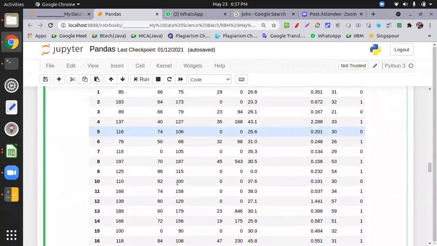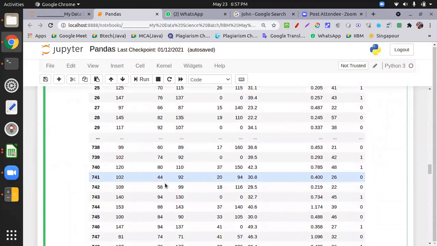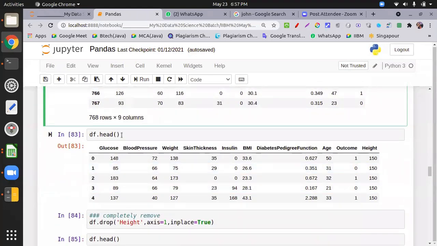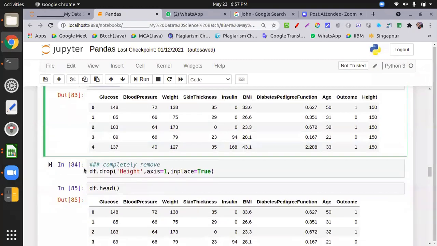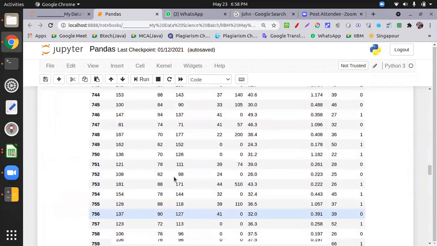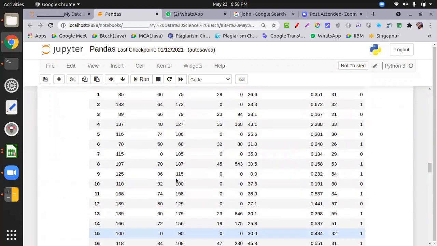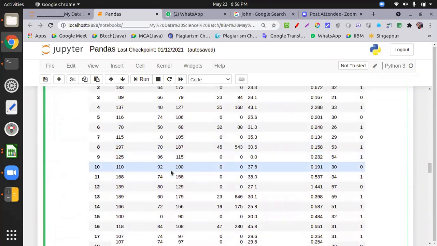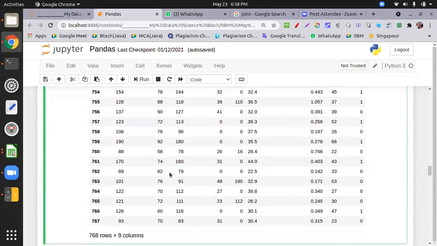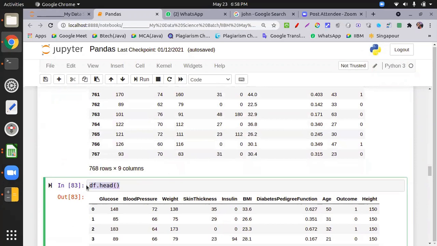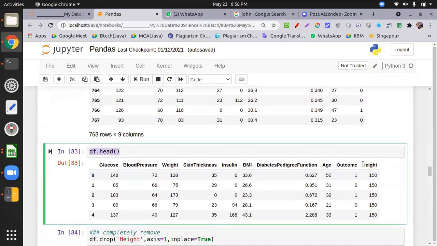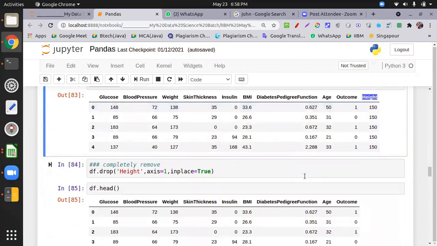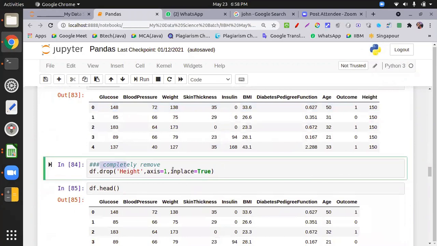Right now, head. One more thing. When you remove the column, it is actually not removed in the original data frame. It shows you one time, but if you access the data set, this will show you again. So we have one keyword for completely removing, that is inplace equal to true.